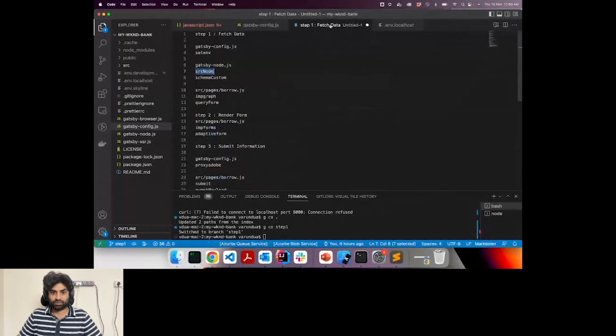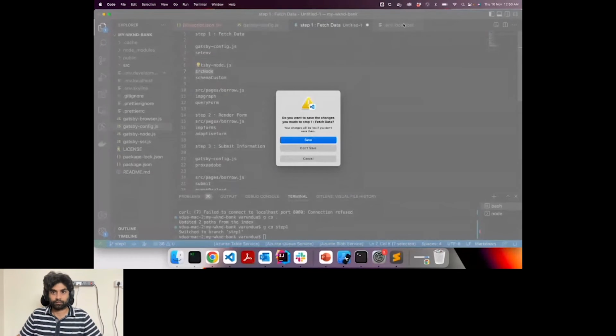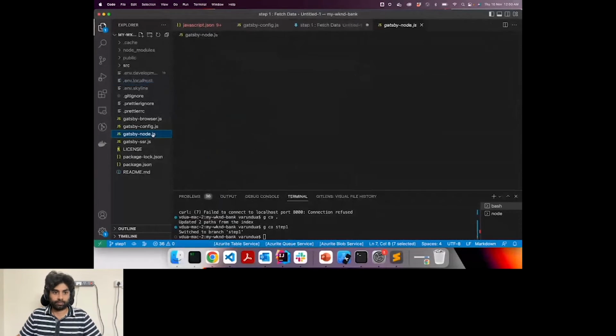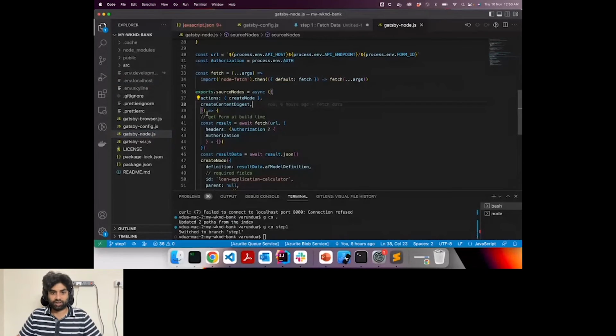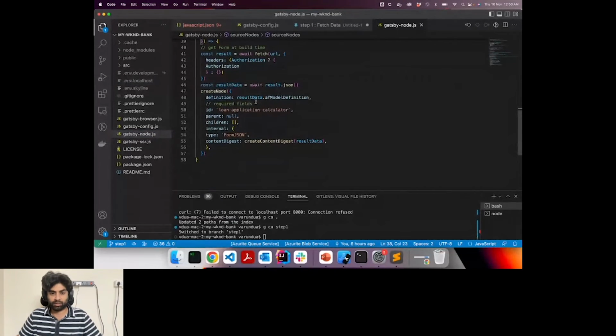Once you fetch the form, you call the createNode API with the data that you are interested in, and some mandatory fields required by Gatsby, one of them being the type that you define.